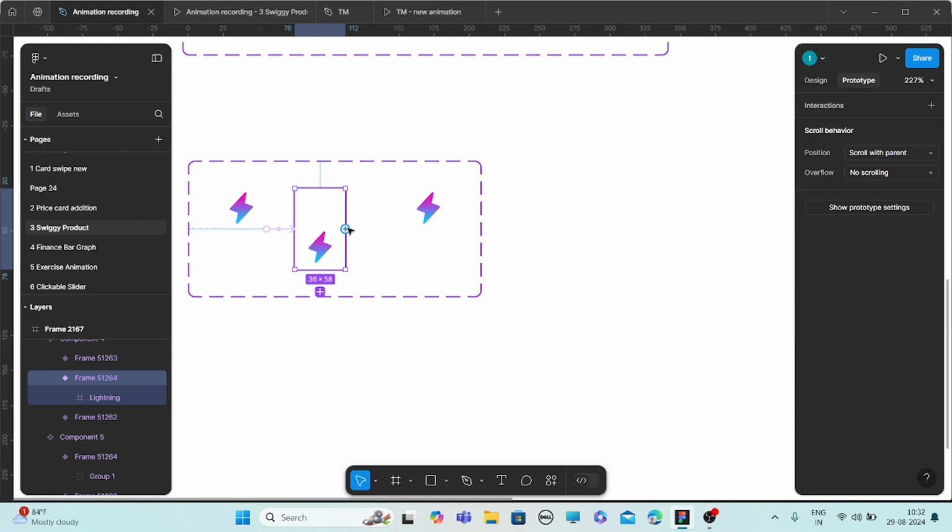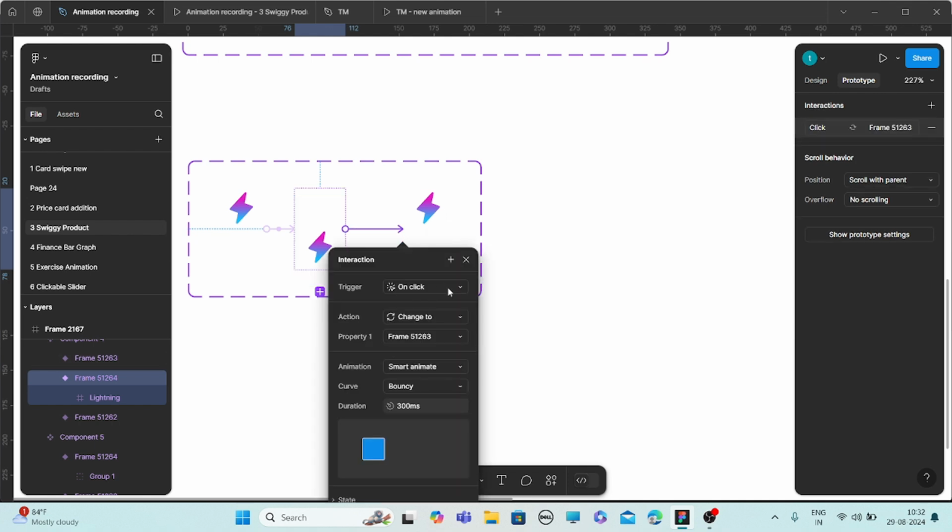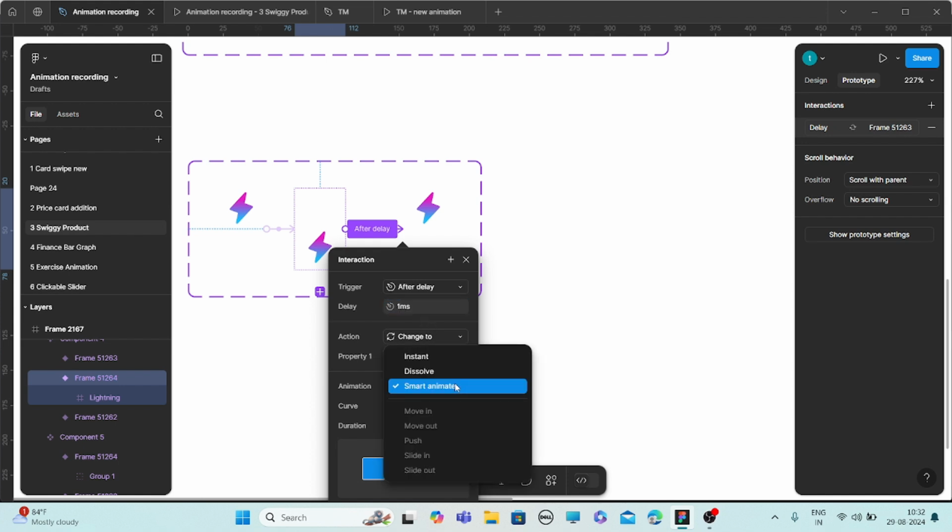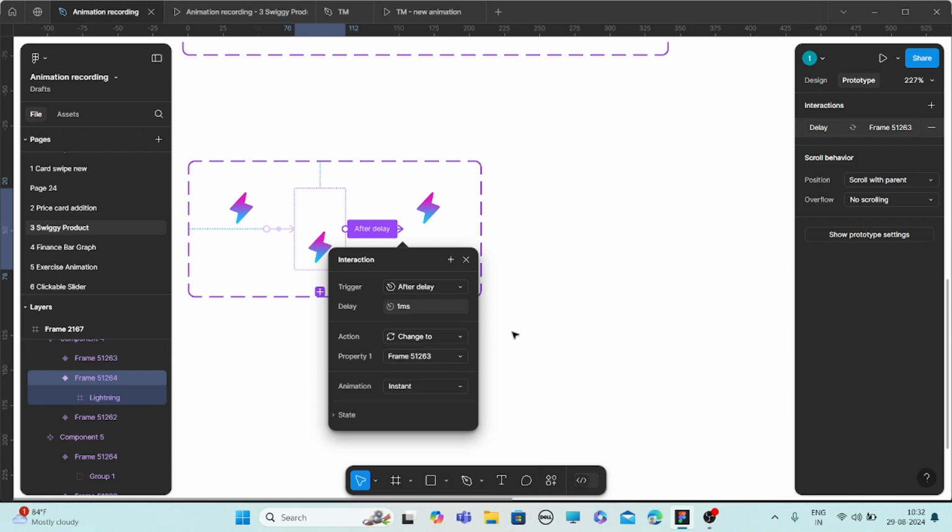Now select this second frame and connect it to the third one, and after delay we'll give an instant, and here we'll select 1 millisecond instant.